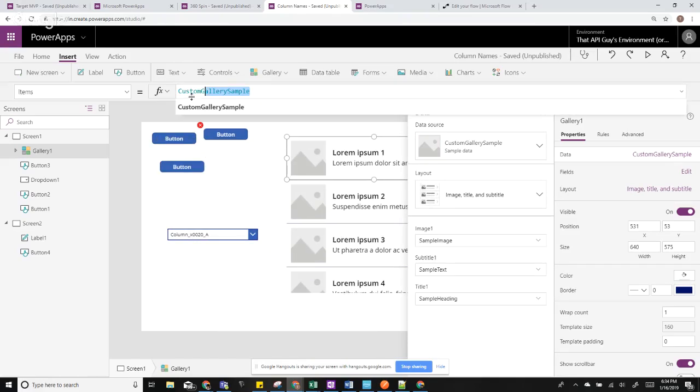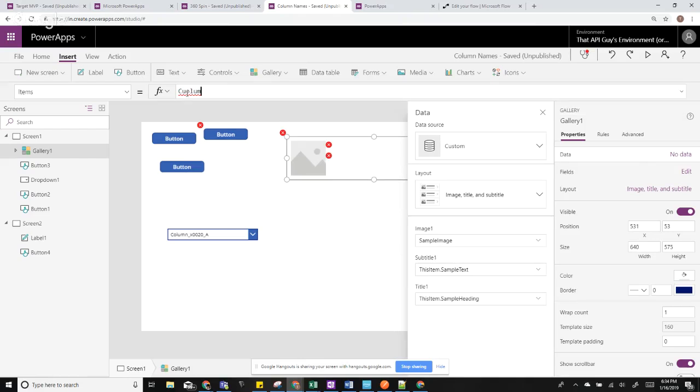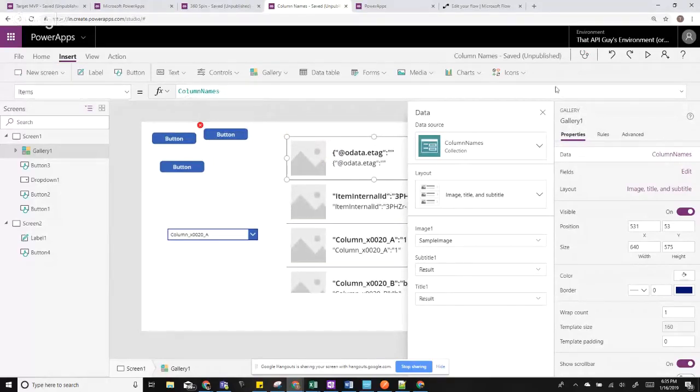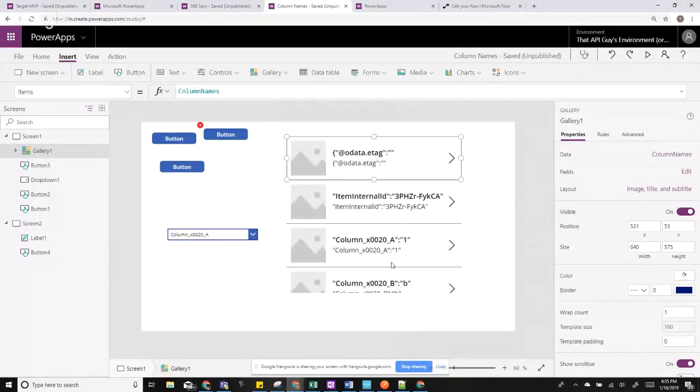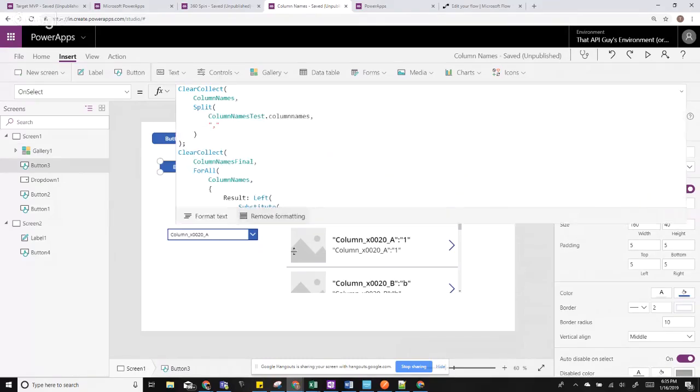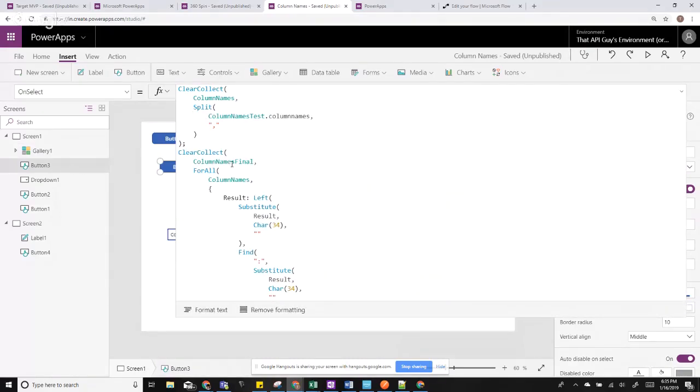This will be my column. Okay. So you see over here, this is basically all the column names. It has the column names plus some additional IDs that you need to get rid of. So how do you do that? Now, once I've got the collection, I'm using a clear collect column names final. What I'm doing in there is